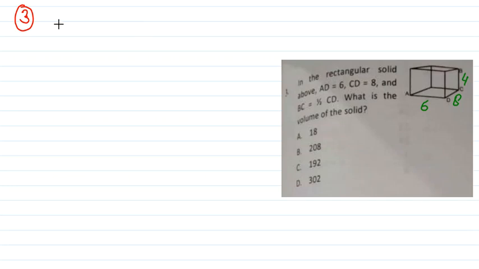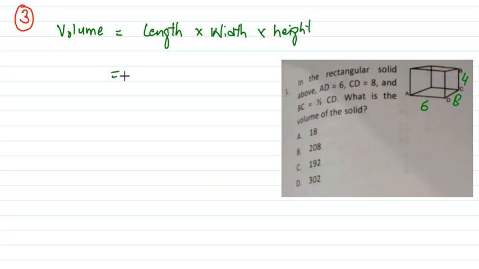So what is the formula for volume? Volume is equal to length into width into height. What is the length? Length into width. So 6 into 8 into 4, which is equal to